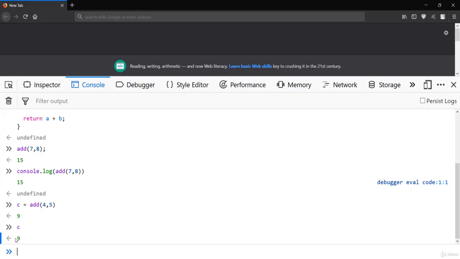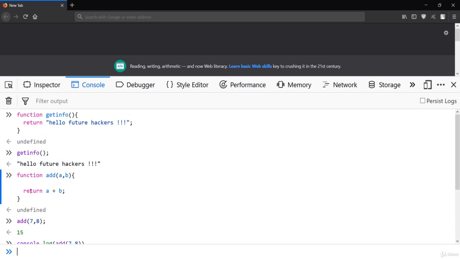So this is how useful the return statement is in a function. We have learned how to create functions, how to define a function, how to call a function, passing arguments to the function, and using the return keyword, which are the basics of functions, and will be useful while creating the keyloggers in the upcoming lecture.